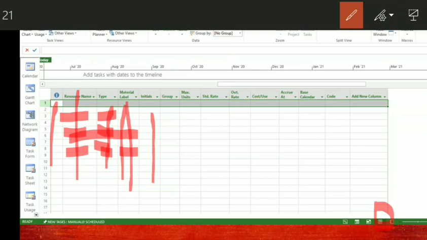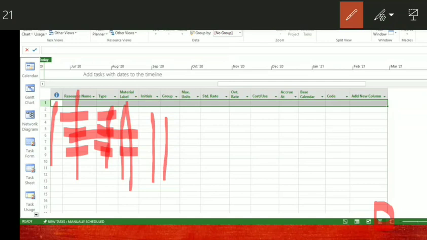Then we'll see what a group is. Here, you assign resources to groups if they share some common characteristics, such as job function. If any person or equipment is common, you can group them, right? We are going to create some groups, and that also we can see in our practical session.